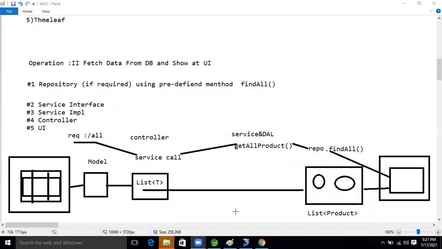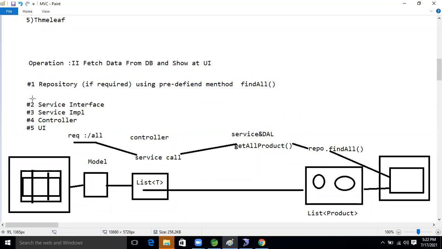Okay, good. So this is fetching all records. If we want to fetch all records in our application, this is the flow now, guys. So first, we come to the DAO layer. In the DAO layer, the code is already there, right? For the fetching purpose, we need to fetch the data. Inside that repository, our ready-made methods are already there, so we don't need to go there.